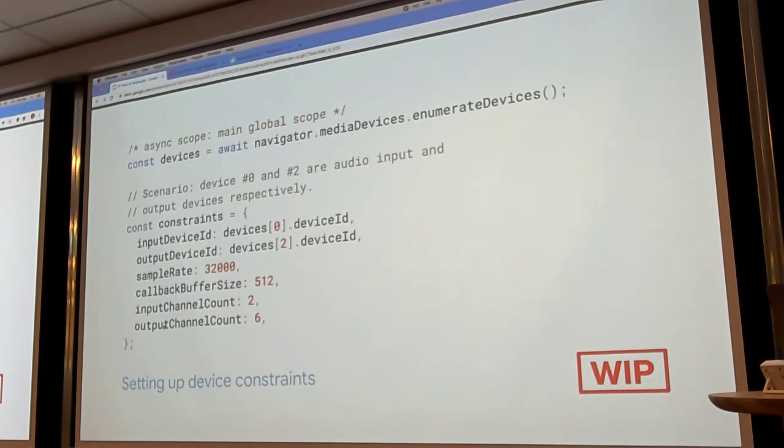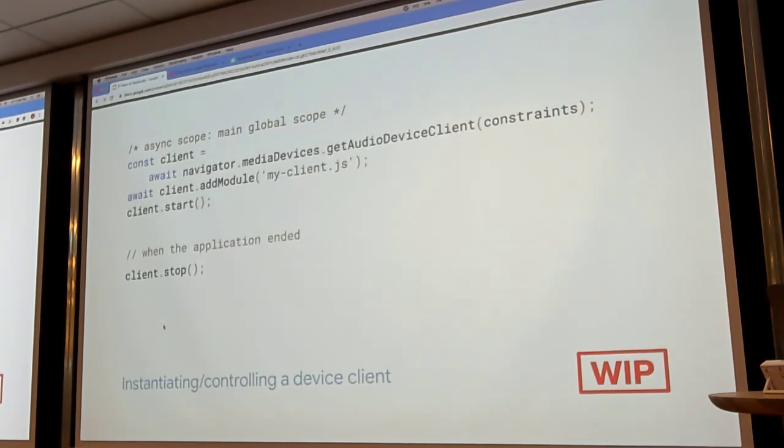Once you set up this constraint, you can pass that object into something called get audio device client. As a result, you're going to get a client object that you can interact with. One of the good things about this pattern is that you pass a constraint token, and if this token is not accepted, because let's say you only have a stereo output but you requested an audio device with 6-channel output, then it will be rejected. That's going to be a pattern that we'll be using with audio device client.